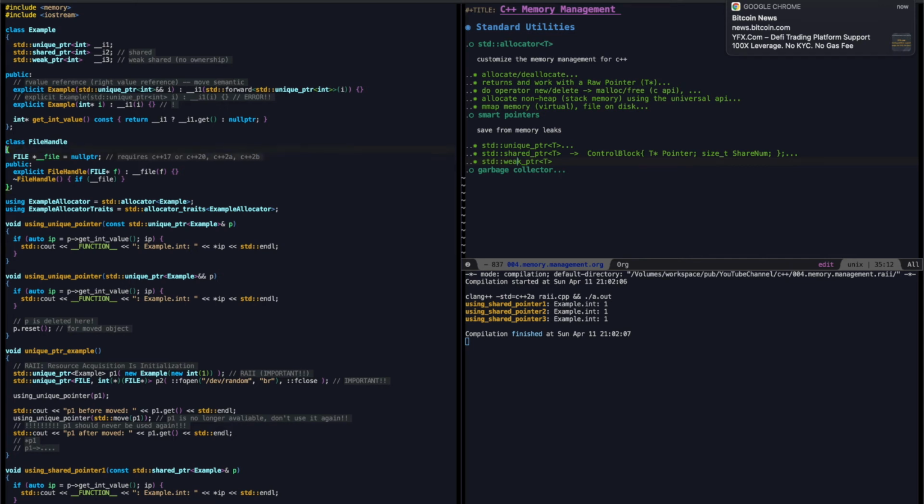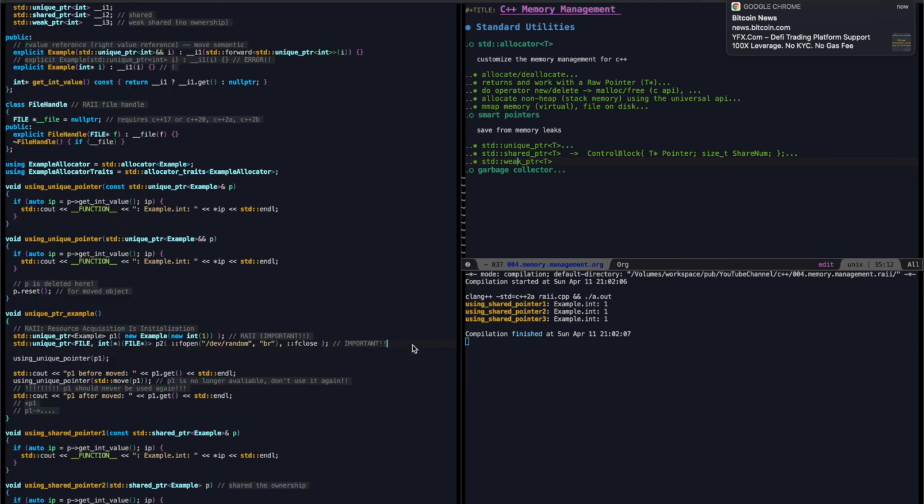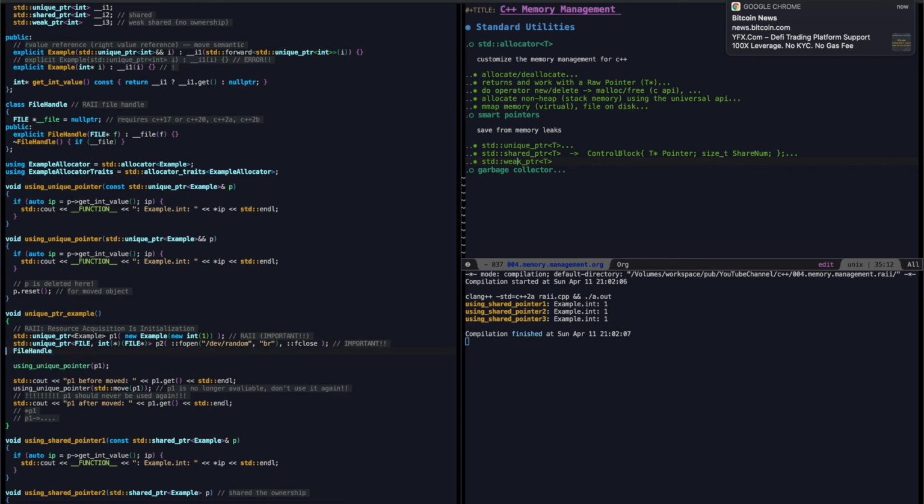Okay. So this is an RAII example. RAII file handle. Let's see. Let's try. Put it in here. So for example, let's say FH, and give it